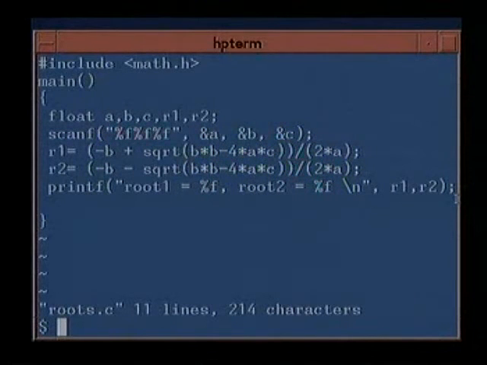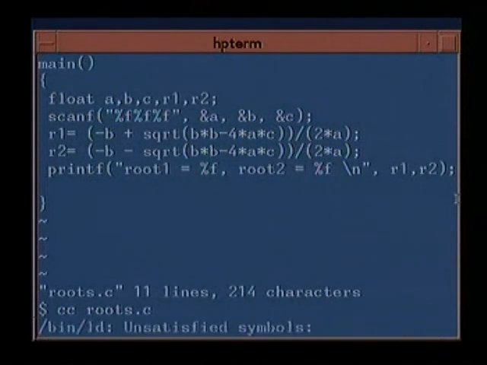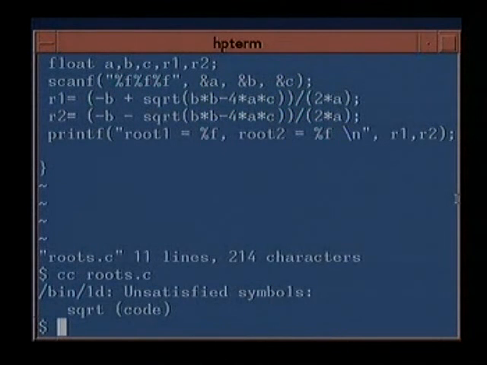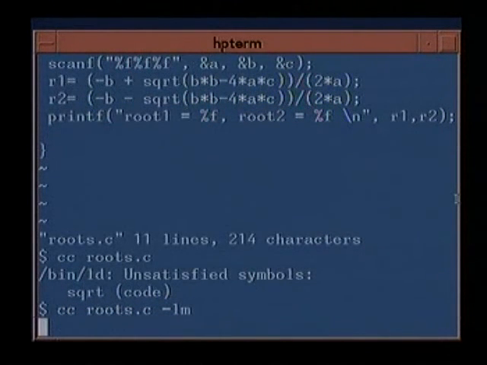So, the first thing when you run this program, you are supposed to give in the 3 values. Let us compile it first and then run it. Sorry, this will not give the correct result. I have to compile it with the math library included. In Unix, you have to compile it with minus lm, that is why.